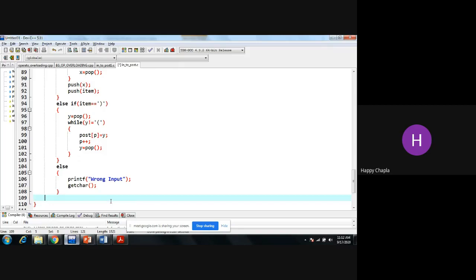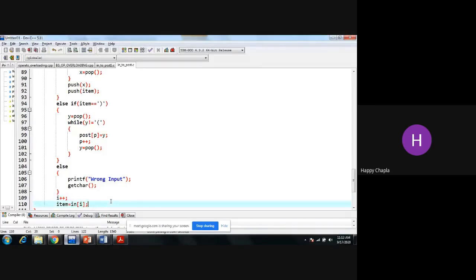And one thing, we need to increment my i, which is 0 till now. Inside every if, else if and else, my ith value is equal to 0. After completion of this entire function, I am incrementing it by 1, so whatever value I get from my infix expression at index i, which was 0 till now, is now incremented by 1. So the next value I am storing into the item.